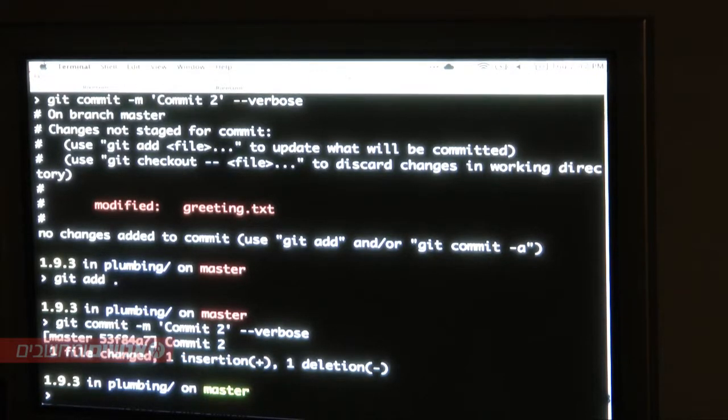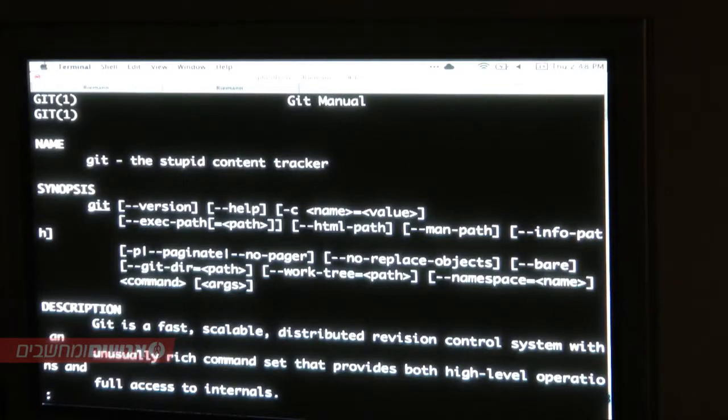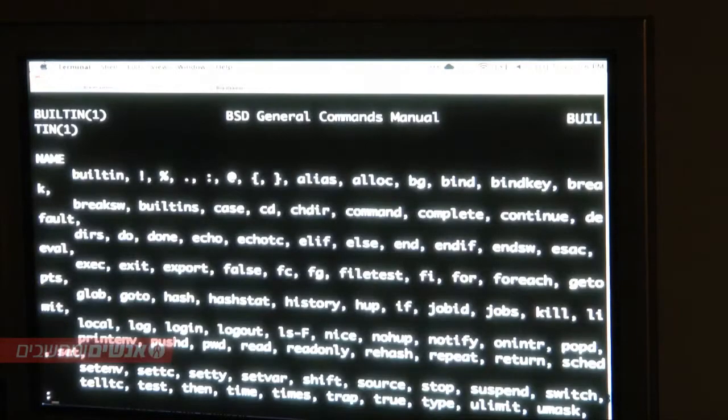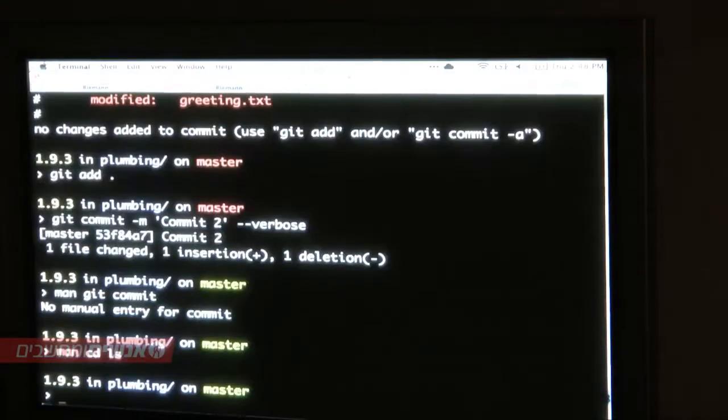Git commands can sometimes be stumbling blocks. I know I had a few when I was looking up man pages for commands when I was first starting to use Git, because they're all two words, right? If you do man git commit, it's like, well, here's Git, and then I don't know what you're talking about for commit. It thinks you're trying to look up two different things, because you could do man for cd and ls, and it'll look up these two things separately.